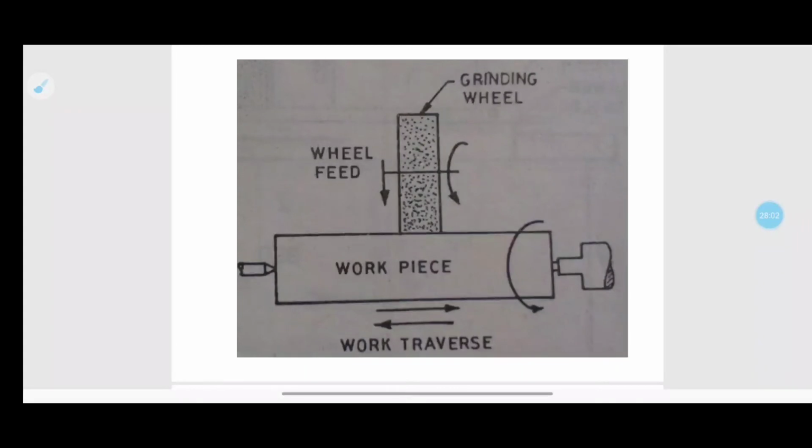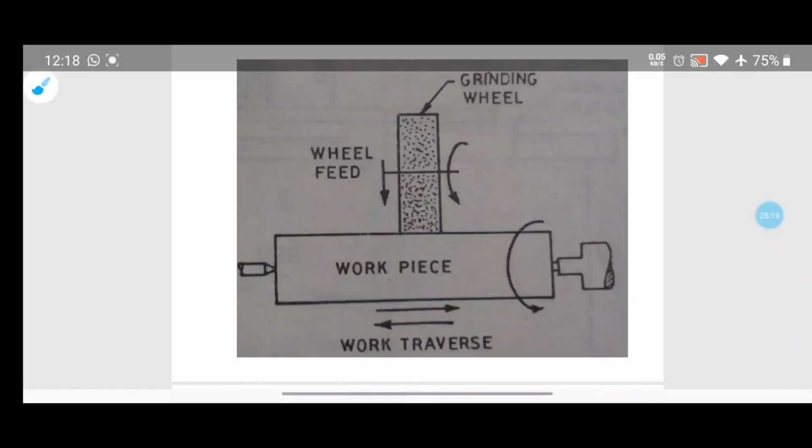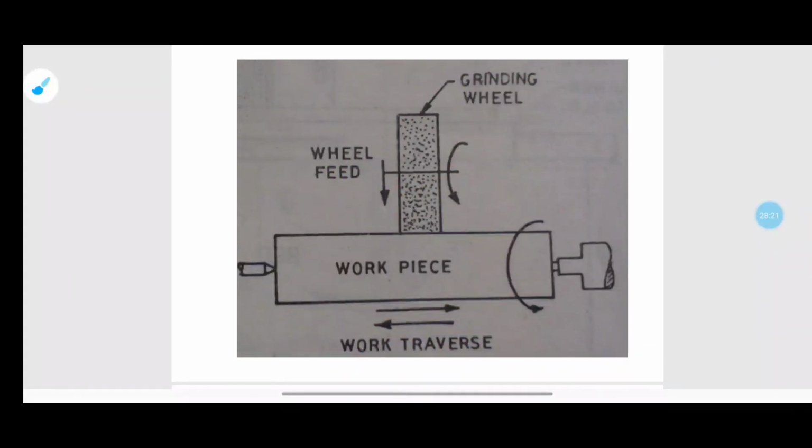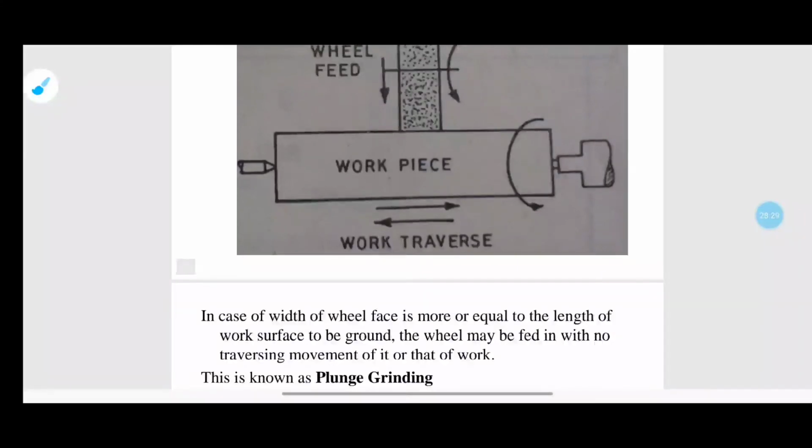So this is a workpiece. You could see here, this is a workpiece. This work transfer will be going in this direction as well as in this direction, both it will be going, and the wheel feed will be going in this direction. This is a grinding wheel. This is the workpiece. From this you can see this is how the cylindrical